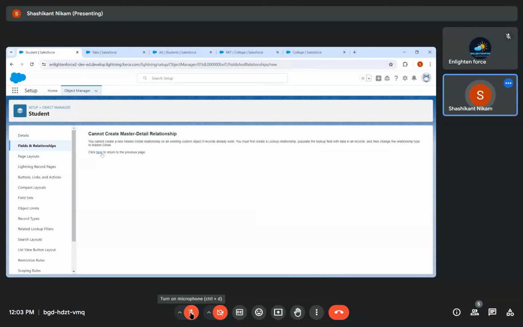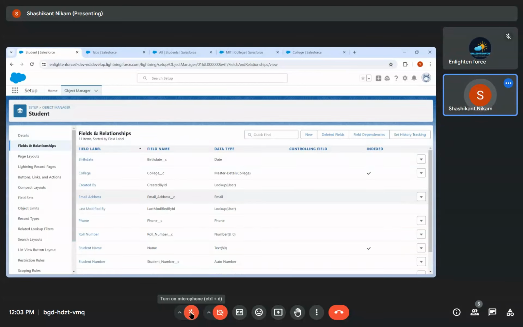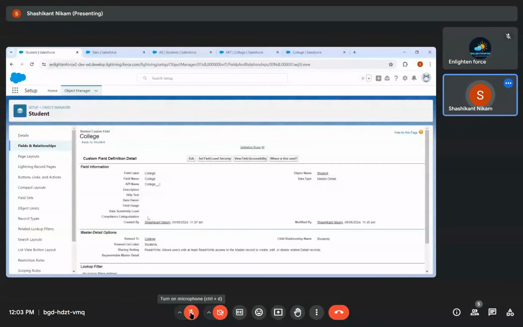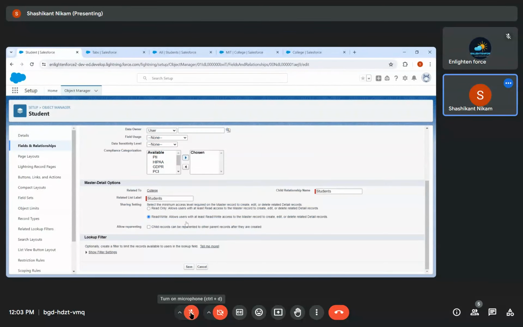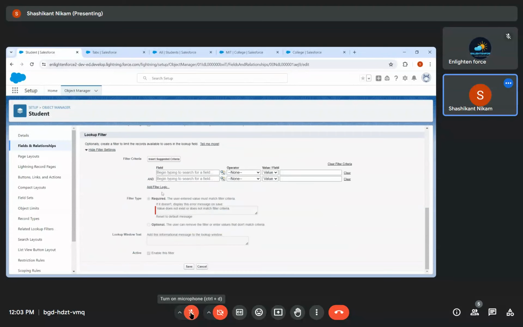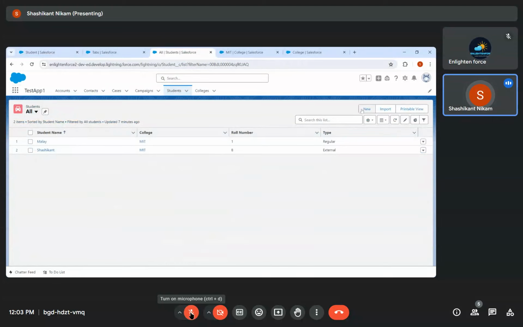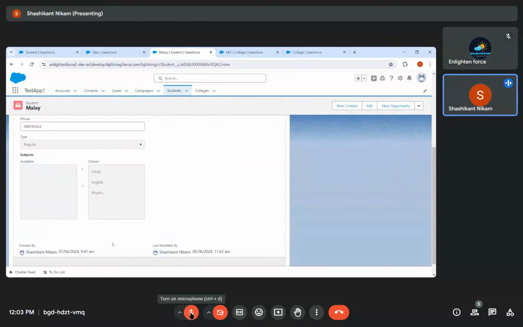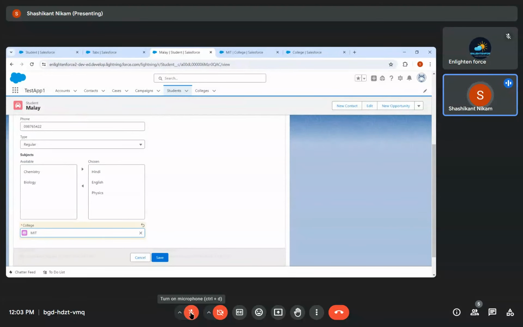Okay, again the same issue. You have to create a lookup first and then convert it to the master detail. So that's it. Okay, I'll change it, and forget about that. Let's see the lookup filter here. Okay, so let me show you first what I can choose in the student record, right? If I delete this,